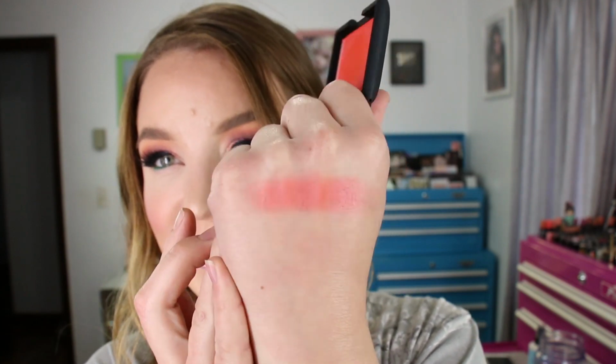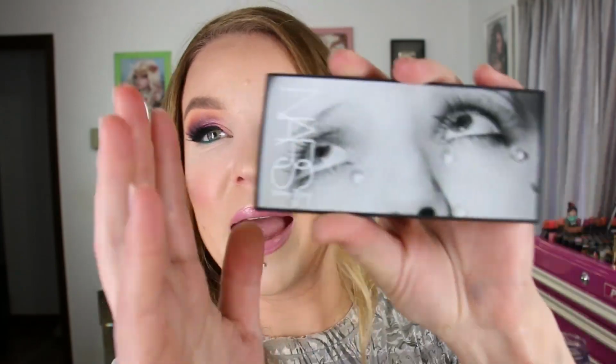Fetishized blush. And then I also purchased the Glass Tears eyeshadow palette also from that collection, and I love when Nars does this super cool packaging. It's like a 50s type of a look on here. I just love the packaging when he does it like this. Last year's and the years before were also like this, but anyway, this one here's got quite a few dark